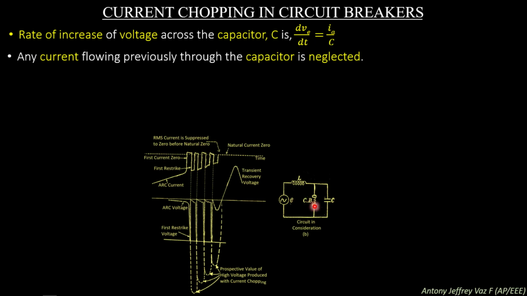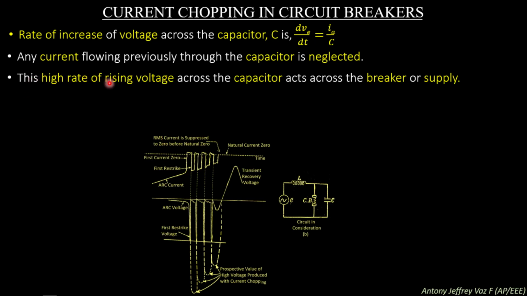In the previous case, we have seen the R current is negative and it suddenly collapses to zero. When the R current is negative, the inductor is giving current to the arc as well as to the capacitor, because this inductor current will be divided into two branches, and the total summation will be equivalent to the inductor current. So the capacitance current in the previous cases should be neglected.